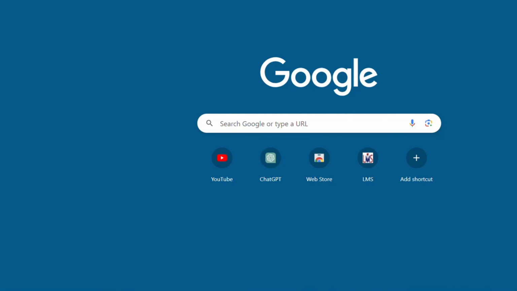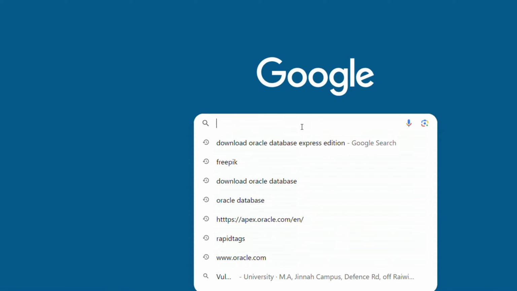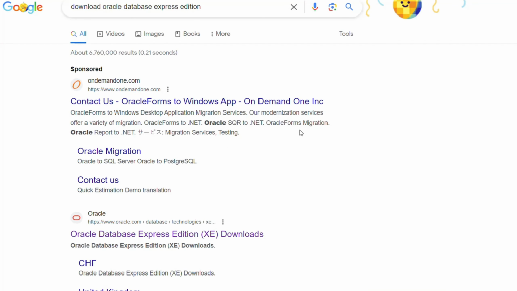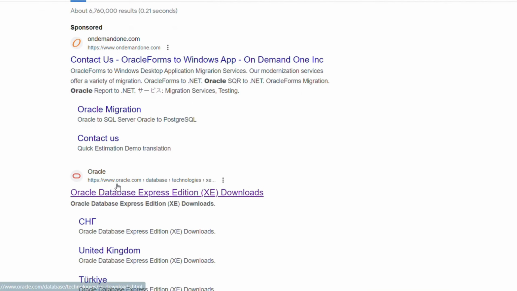In this video, we will learn how to download and set up Oracle Database 21C Express Edition. So here I have opened my Chrome, and now I will type in the search bar "download Oracle Database Express Edition" and then press the enter key, and here you can see some options, and here below you can see